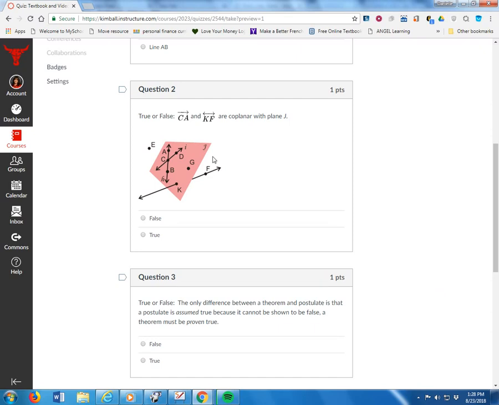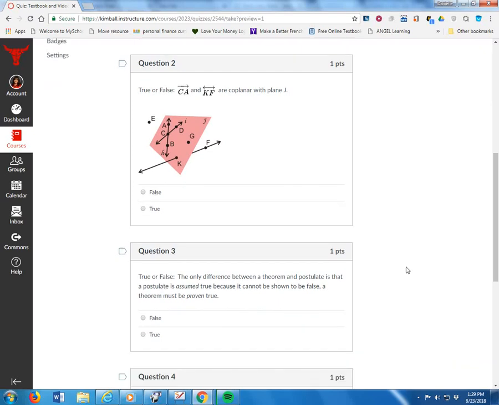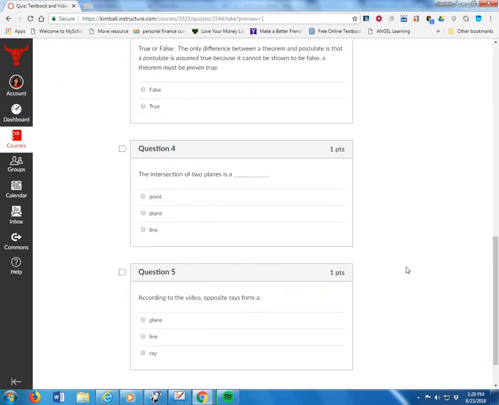False, because KF is not on plane J. KF goes through plane J. Point K is on the plane, point F is not. So therefore, those two, the ray and the line, are not coplanar. They're not on the same plane. Make sense? Okay. True or false, the only difference between a theorem and a postulate is that a postulate is